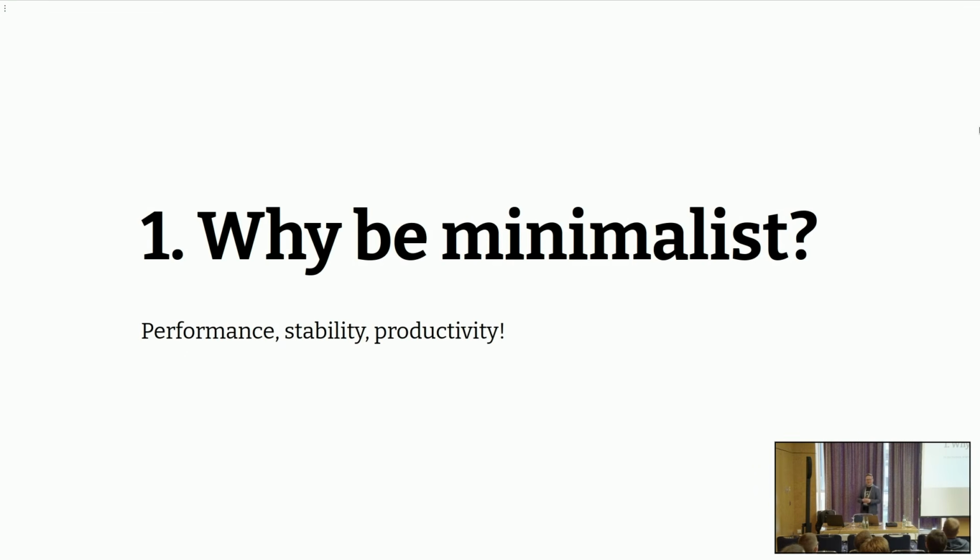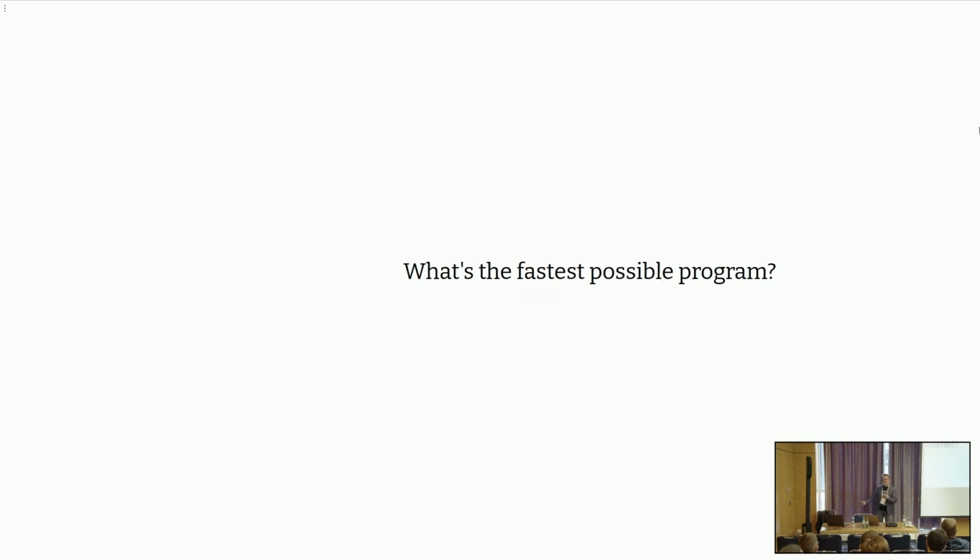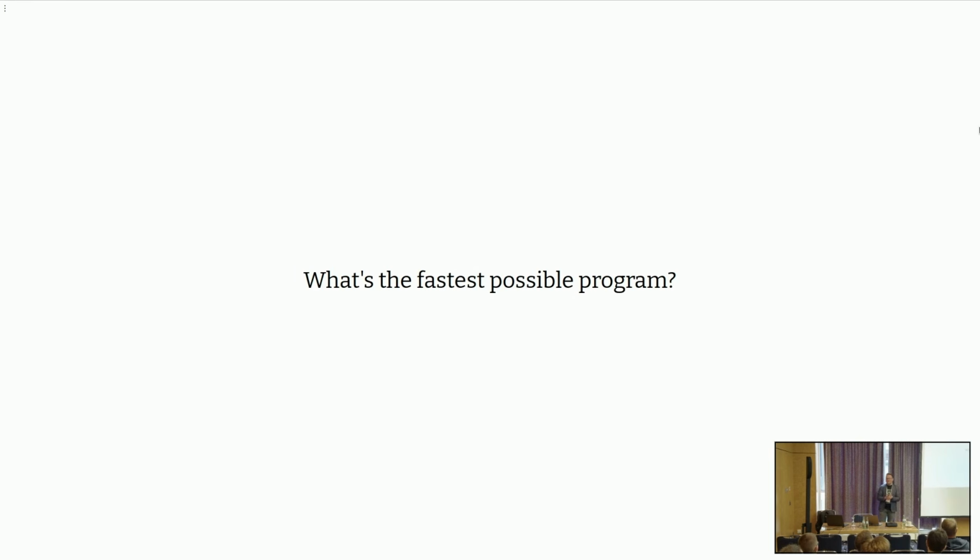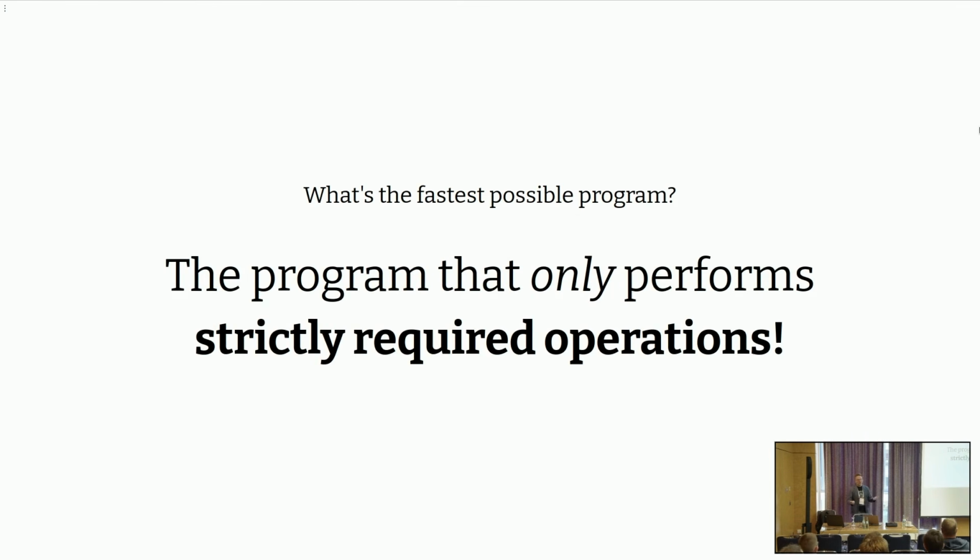Then let's get started. Why do we want to be minimalist when we build front-end applications? Well, there's three good reasons, which are performance, stability, and productivity. Okay, starting with the obvious bit first, performance. What's the fastest possible program? The fastest possible program can only be one thing. It can be the program that only performs the strictly required operations. It can't do anything more because that's waste and not maximum performance, and it can't do less because then it's not our program anymore. So in order to be fast, the only way to get there is to cut down on